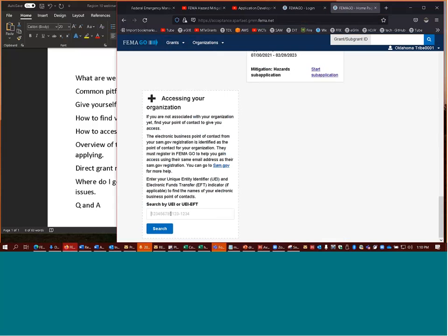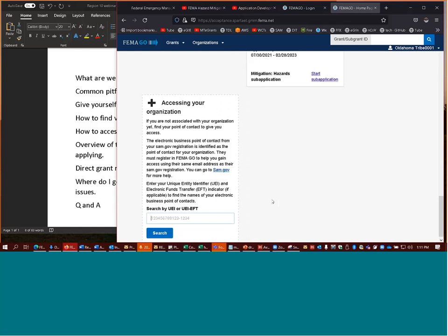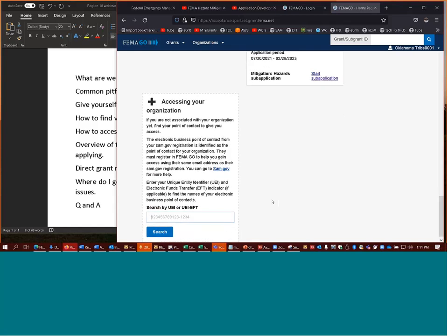Here you'll type in your DUNS number, or the unique entity identifier, as they're calling it now, and you can get that information from your sam.gov account if you don't have it handy,